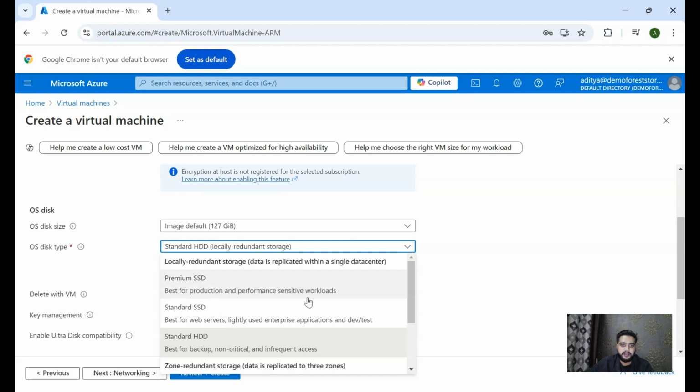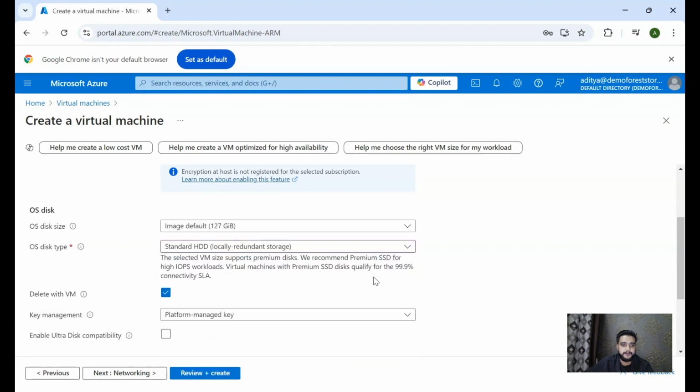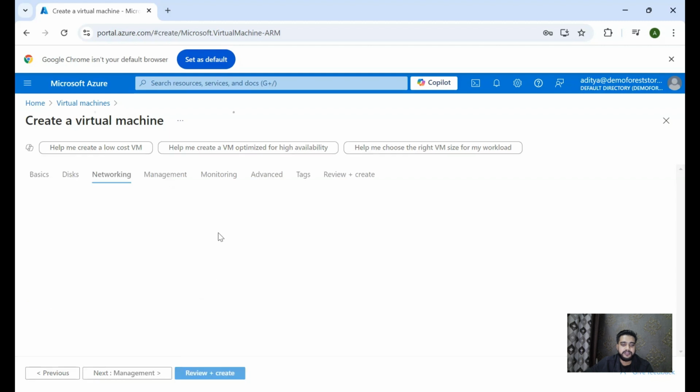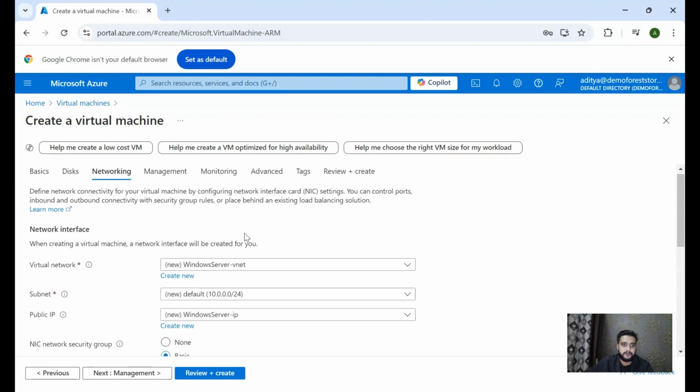So for this demo, I will select Standard HDD. Here is the part where we can define or attach a new data disk for additional storage. We will leave it as it is and move ahead to the next part, which is networking.